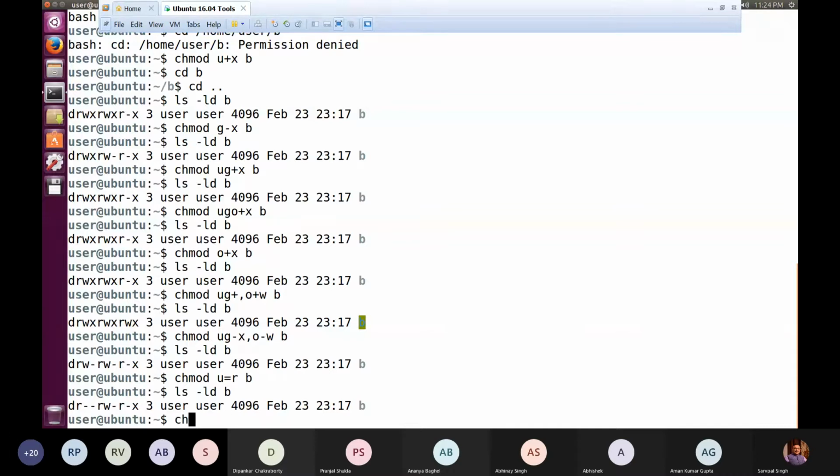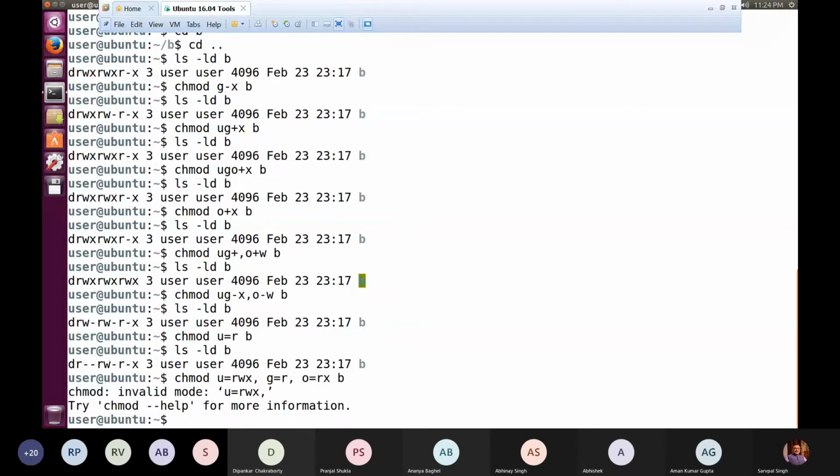So we can again see chmod. Suppose we are writing u is equal to rwx, group is equal to r and others is equal to rx, and the directory name is b.